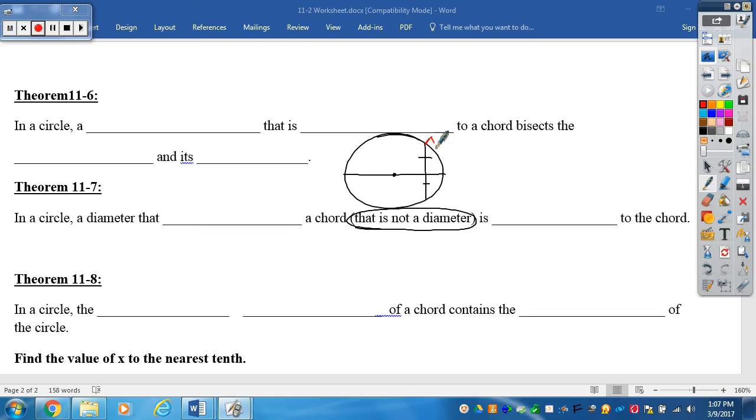Okay, so if I label this A, B, C, and D, and throw in the radii, what we know to be true is going to be this. Well, DB is congruent to DB by the reflexive property. DC and AD are congruent because they're both radii within the circle. And now we look at those triangles, and we see that triangle ADB will be congruent to triangle CDB